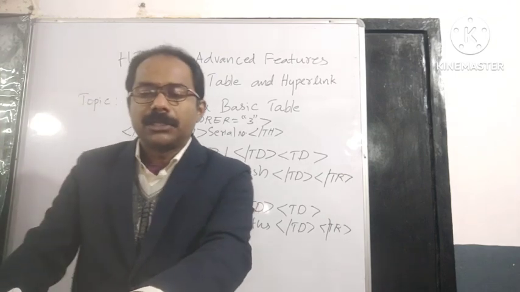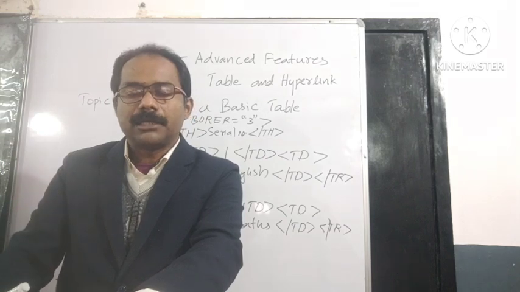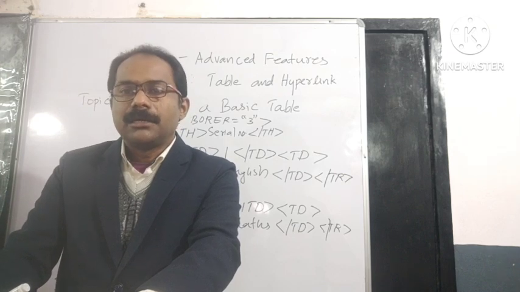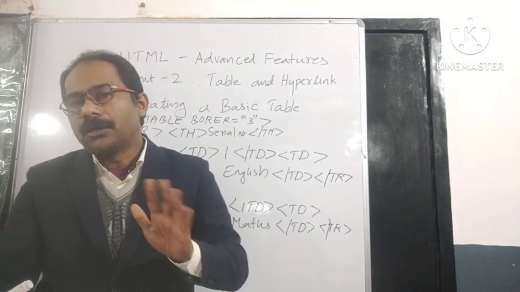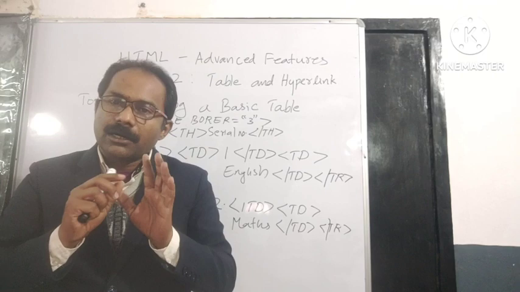Now come to the second heading. That's why we have to use another th tag, again class. Then close the th tag, and after that only we have to use the /tr tag, or the close tag of the row. Table row we can close with the /tr. Now one row will be completed.